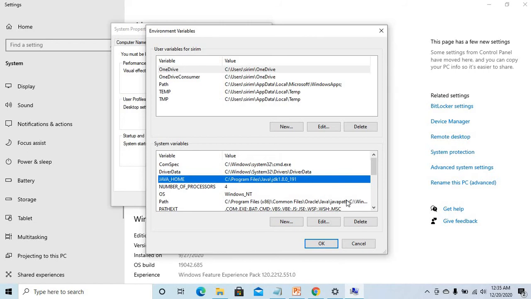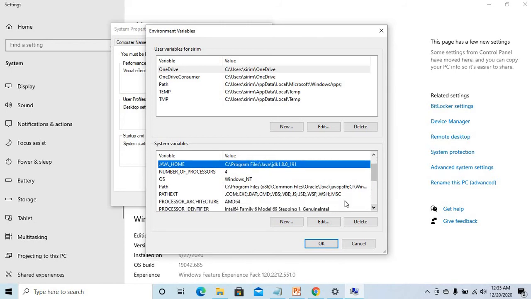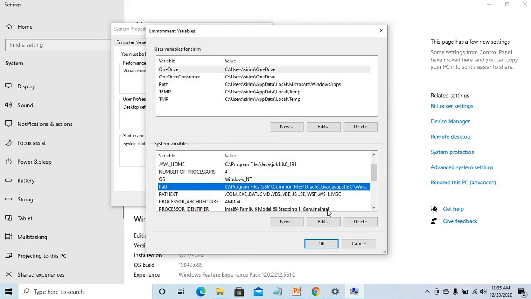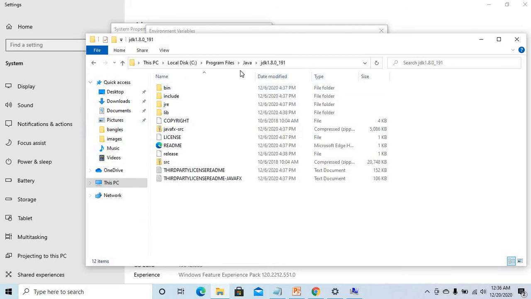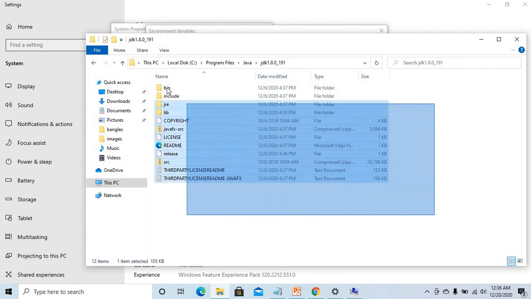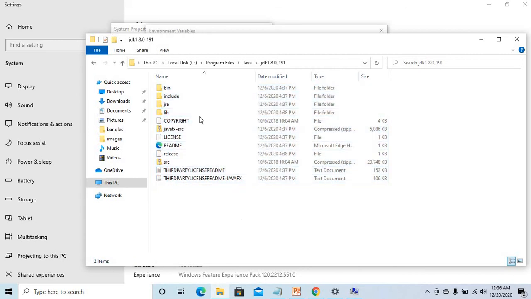Again, after this, what we need to do, we have one more variable called Path. We need to edit it. Here we need to specify the actual executable file of your Java. So this is the JDK and this is your JDK home directory. Here if you see, there is no actual executable file.